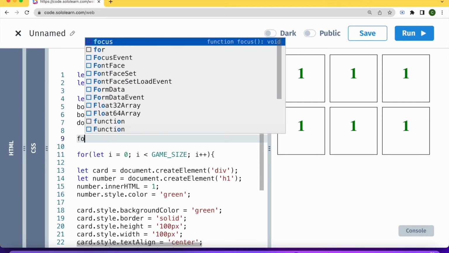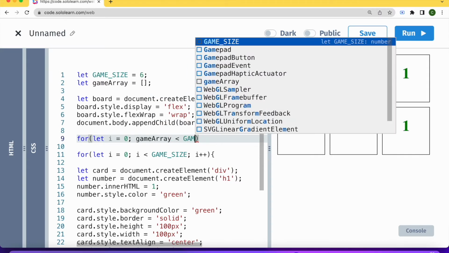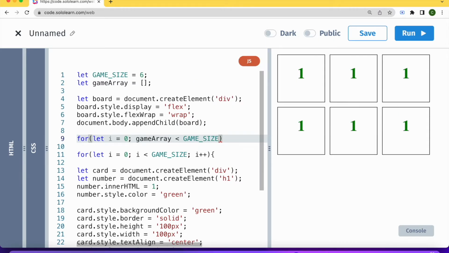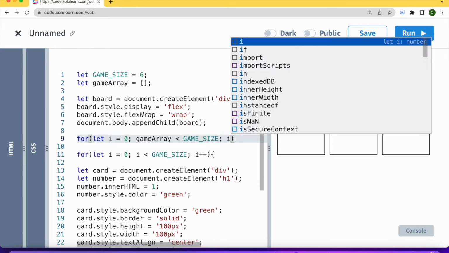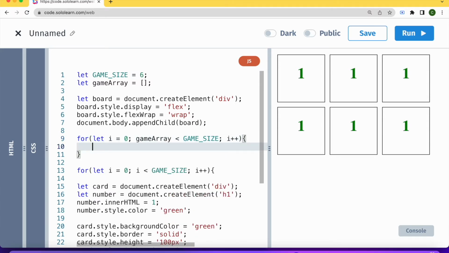So let's create a for loop, and so let i equal 0, and this is going to be running for as long as game array is smaller than game size, okay? Because we're going to be adding numbers onto game array, and then when game array gets to the game size, we're done. And i++, okay? Excellent. So what we want to do here is basically get a random number to start with. So let's let random number,